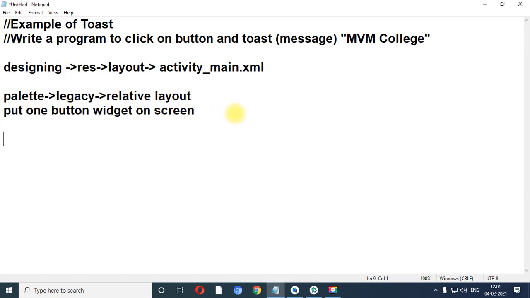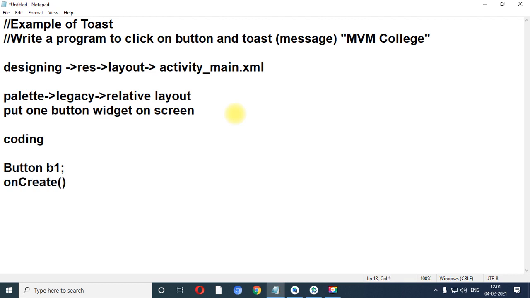Similarly, in the coding section, what do we need to do? We need to create an object of Button. I am going to create an object of the Button class, b1. Then the onCreate method is there.